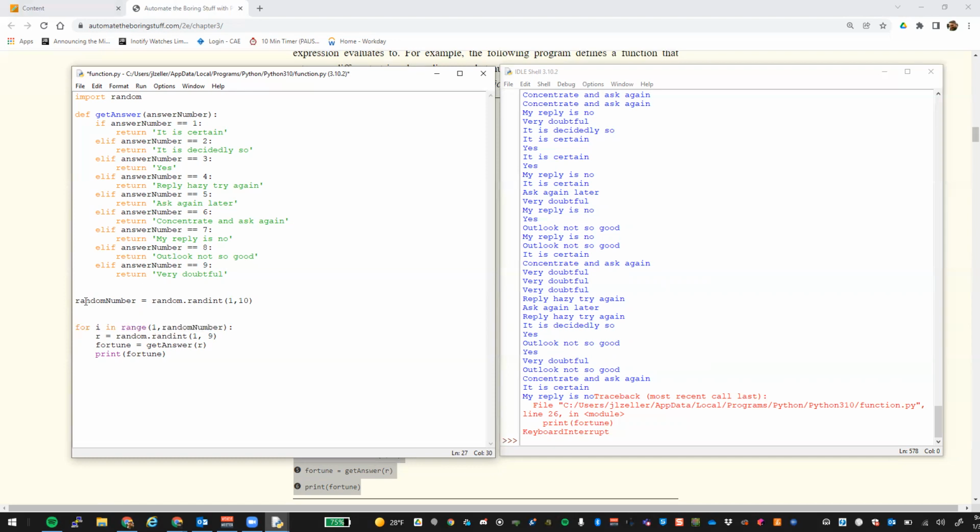Correct. So whatever this random number came back as, we're going to have a range of 1 up to that random number, because we're going to go up to this random number, but not include it. And we're going to loop through however many times that is. For each one of those, we're going to create another random number. We're going to pass that to our get answer function, and we're going to print that out. So if we run this,